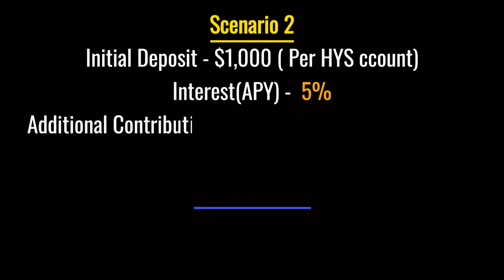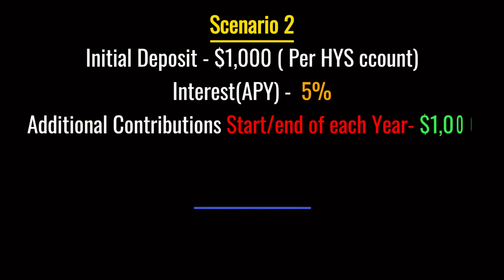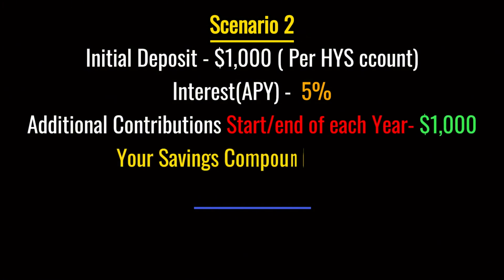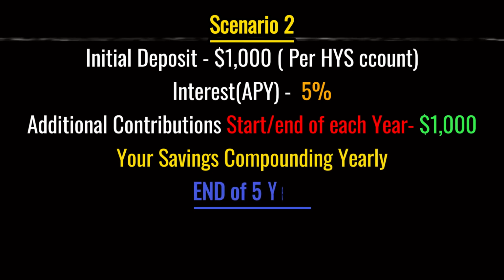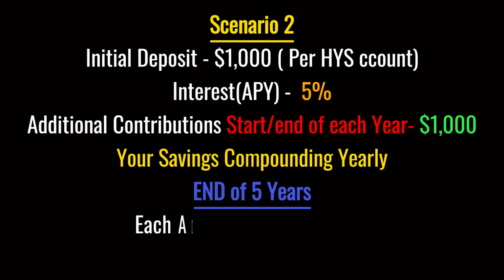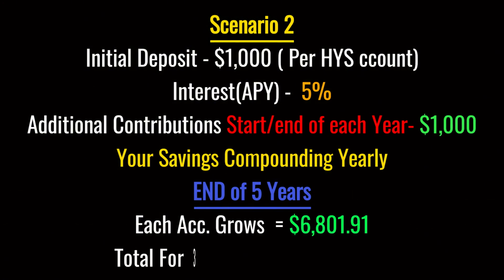This means that your savings account is compounding yearly. At the end of 5 years, each account will have had its initial deposit and annual contributions compounded at 5% interest, and your savings account will increase to approximately $6,801.91. So, for 3 accounts, the total amount will be